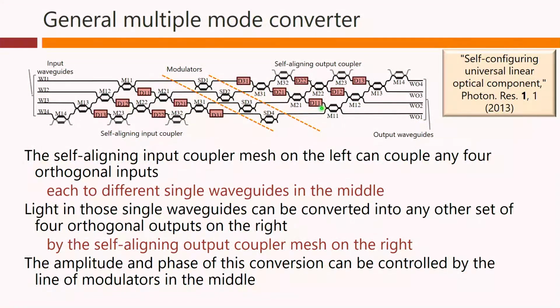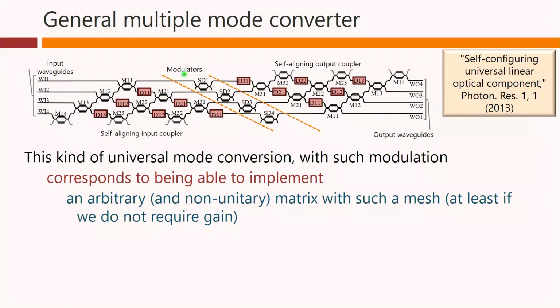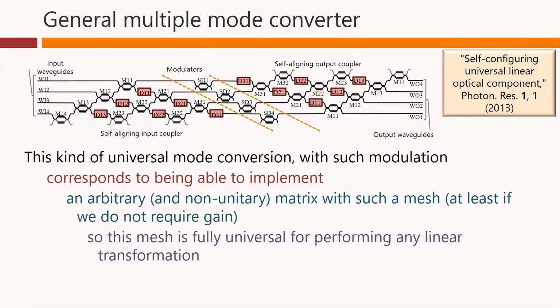The amplitude and phase of this conversion can be controlled by the line of modulators in the middle. This kind of universal mode conversion with such modulation corresponds to being able to implement an arbitrary and non-unitary matrix from the inputs to the outputs, at least if we do not require gain. If we do require gain, we can add gain in the middle here. So this mesh is fully universal for performing any linear transformation from the inputs on the left to the outputs